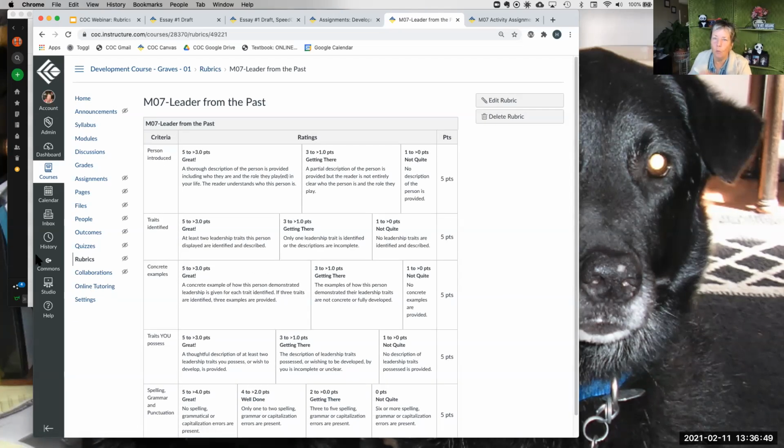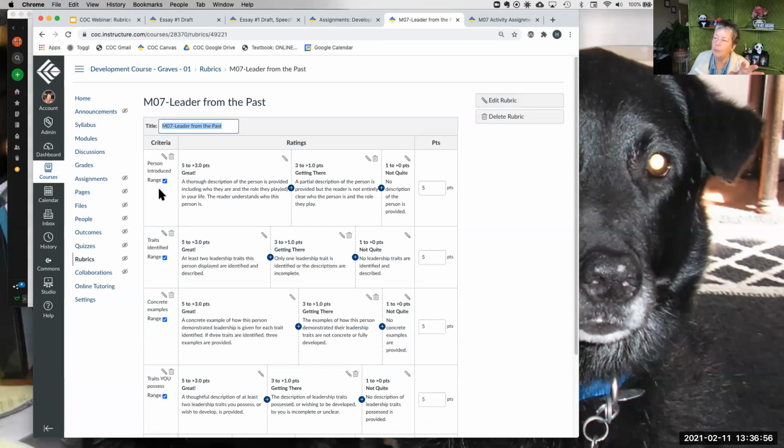Right. So what Chloe is saying, just for those of you that maybe aren't sure, if I'm in my rubric and I go to edit, you can't drag, just like you can't drag the ratings within a criteria, you can't change the order of the criteria either. So whatever order you enter it is the way it's going to show up for students. Some people, it won't matter to them what order things are in. Other people, and I'm one of them, a little obsessive, the order of the criteria will really matter to me.